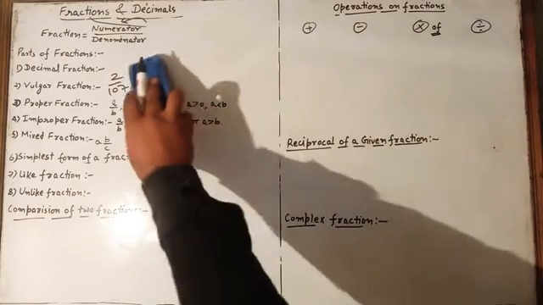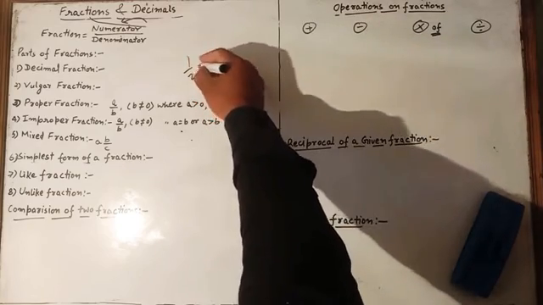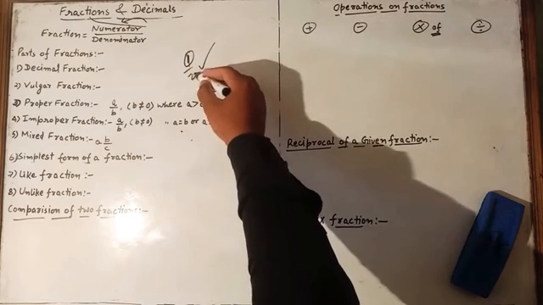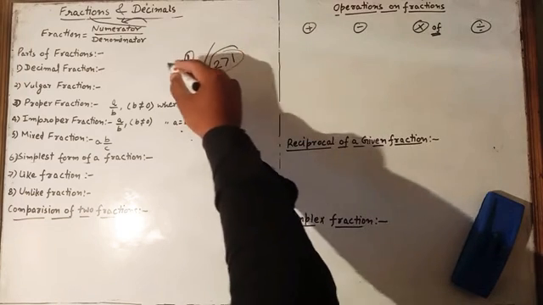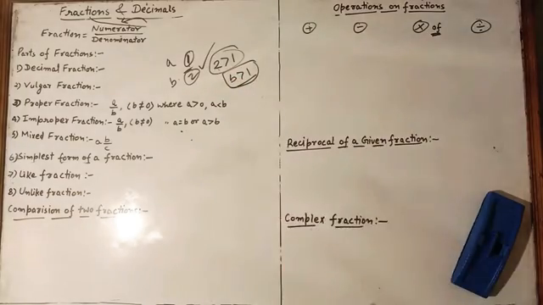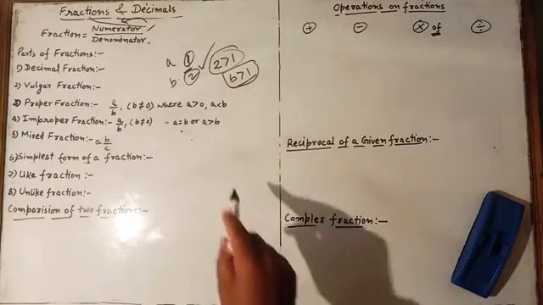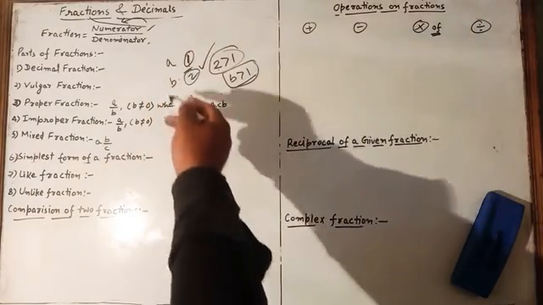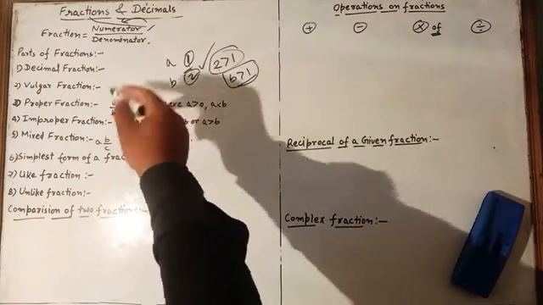Now come to the proper fraction. As we have done the two parts of that circle, 1 by 2 was this. So this is a proper fraction in which the numerator is smaller as compared to the denominator. Denominator is 2, so 2 is greater than 1. It means if we are writing a upon b, then b is greater than a, and this is the case with b not equal to 0. I told you a few lines before that b can't be 0, because if b is 0 then it is not defined.